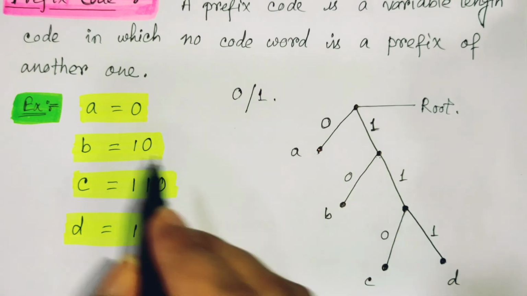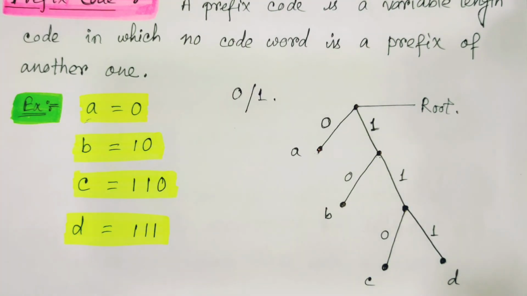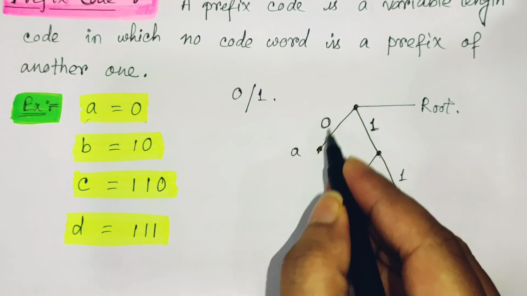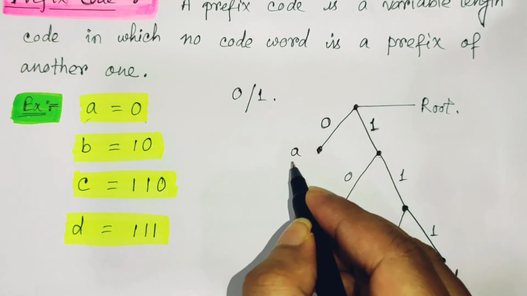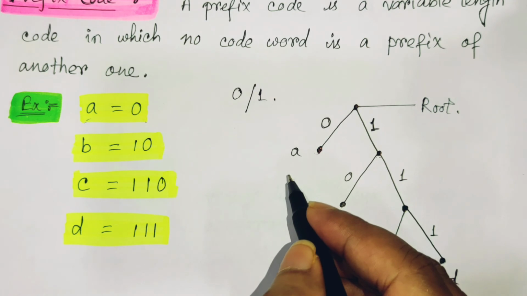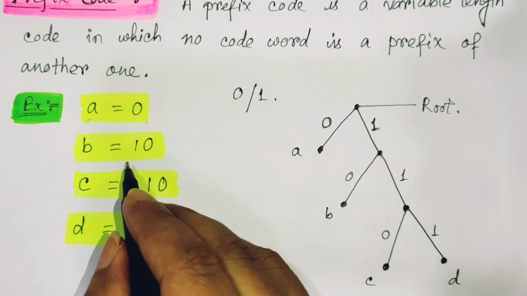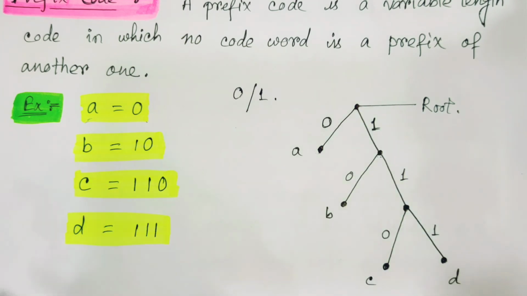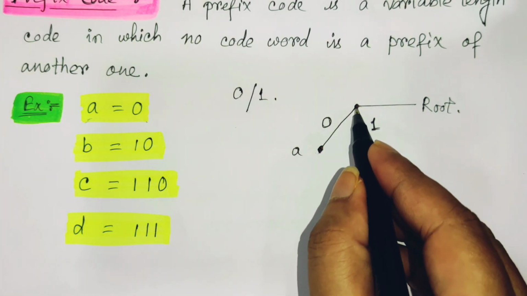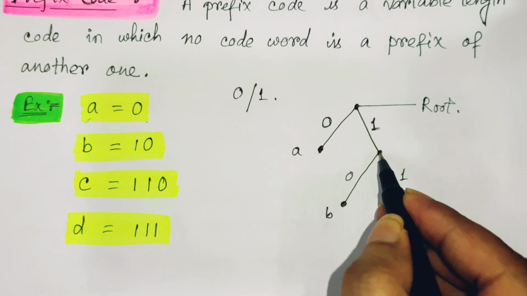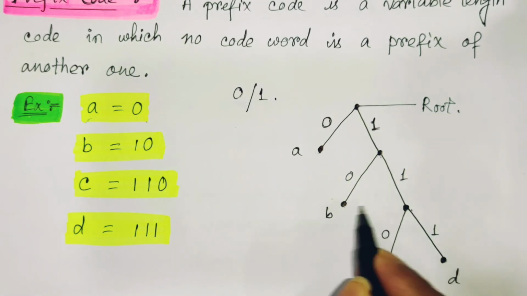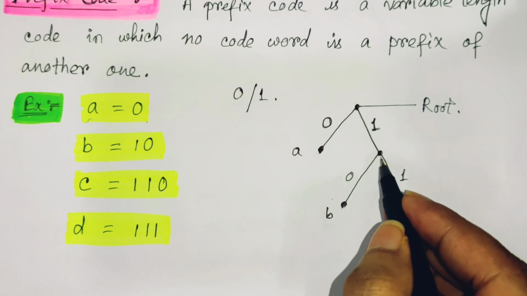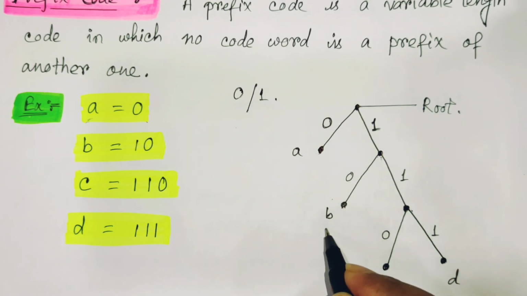So if we do so, here the first variable is A. A means 0. So from the root, the left one is 0, and we can say this node is the notation for A. Next it is B. B's prefix code is 1 0. So from the root node, we always start from the root node, and 1 we already found. From here again we should get two child nodes. If we go this way, it is 1 then 0. So it is B.